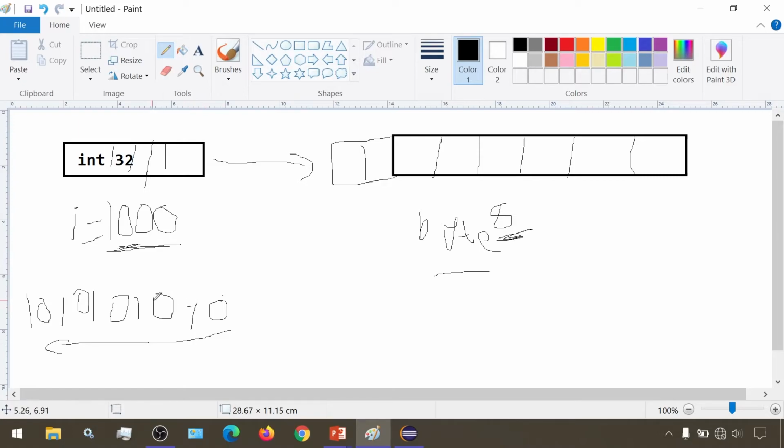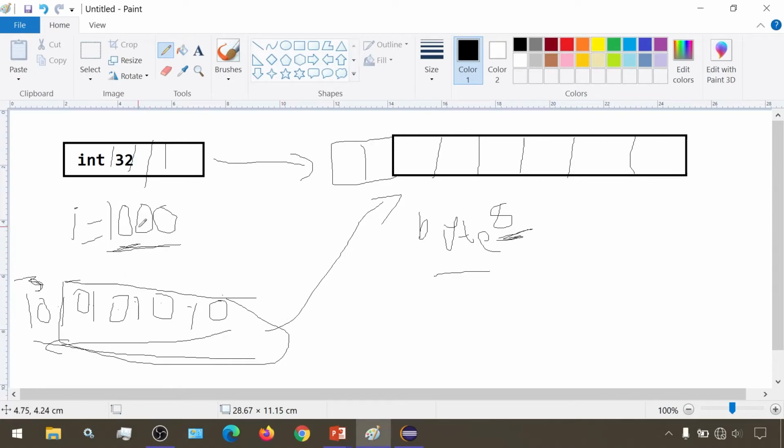So 1 2 3 4 5 6 7 and 8, only these 8 bits will be taken and stored inside this byte variable, and these remaining 2 bits here will be discarded. Now these 2 are left out and only these 8 are considered. So obviously the value will change now.